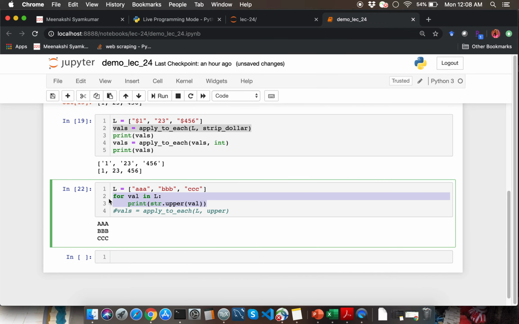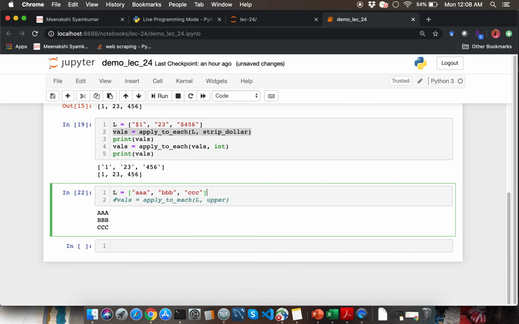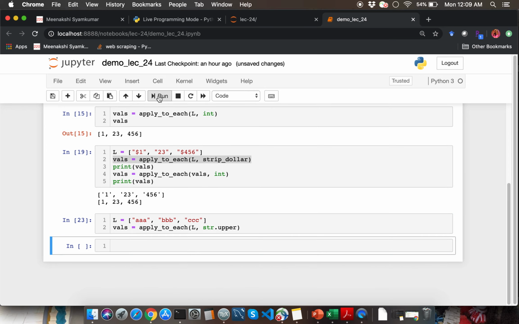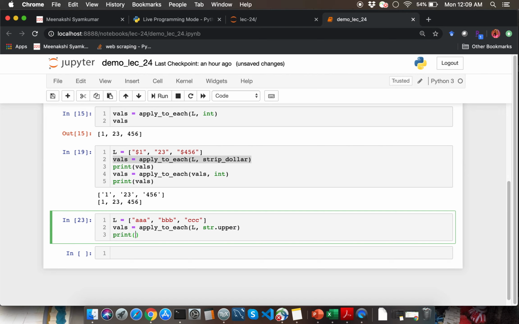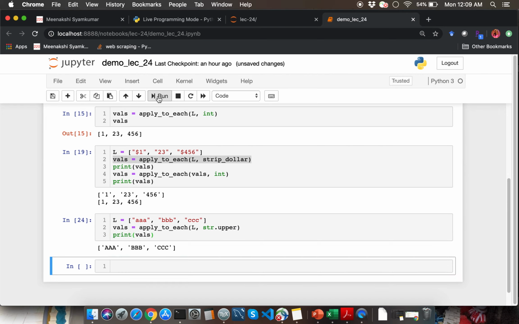So in order to pass a reference to a method, we need to use this second type of method invocation. So instead of just mentioning upper, I need to mention where the upper method comes from, which is defined as part of str. So if I go ahead and run this, and let me print vals after the transformation,